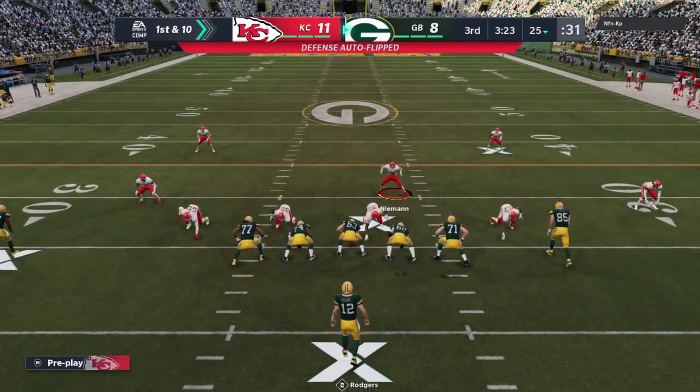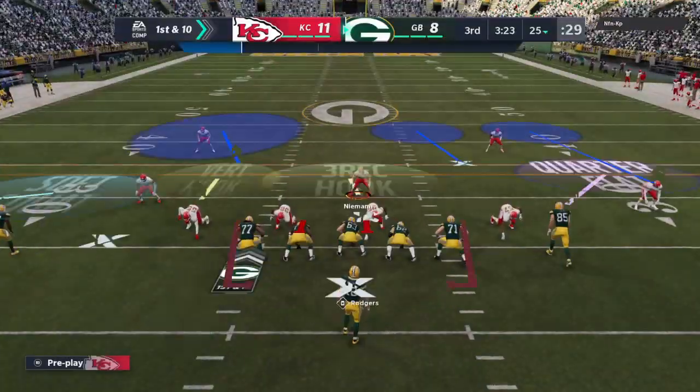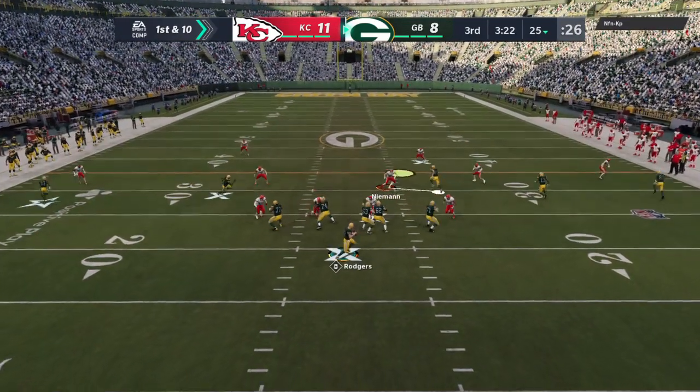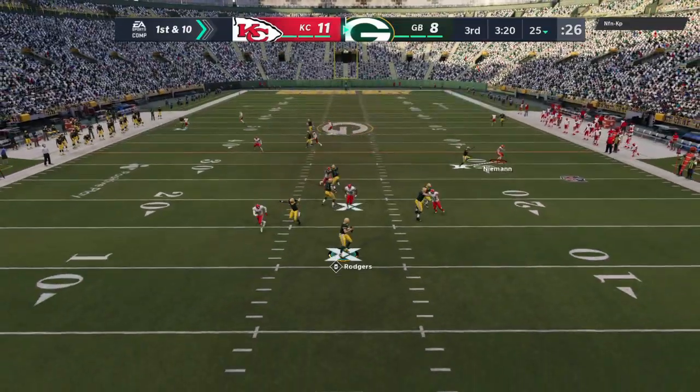The Packer offense ready to get their next drive underway. And on that last drive, went for it on 4th, turned it over. A good job by their defense, though. They held him to 3, but this off...